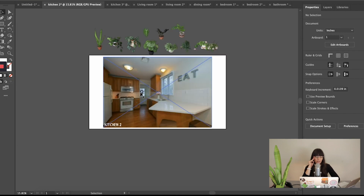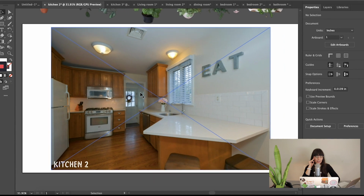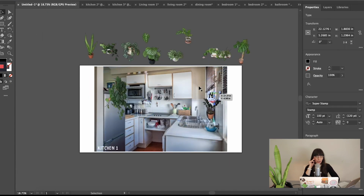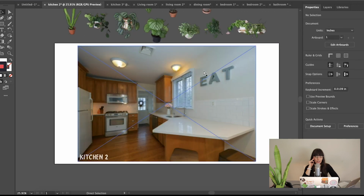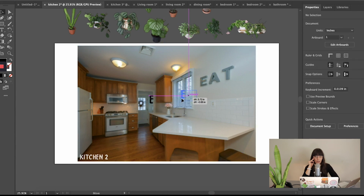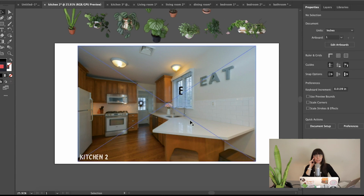which we will give a little bit better of light. Based on this photo, it doesn't look like it has very good lighting, but we will give it a little bit of a better cardinal direction. So let's say that this is an east facing window, because east facing windows in the kitchen is kind of my jam. That is what I am accustomed to,